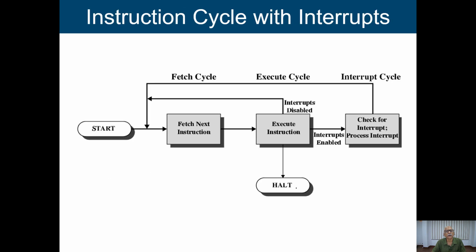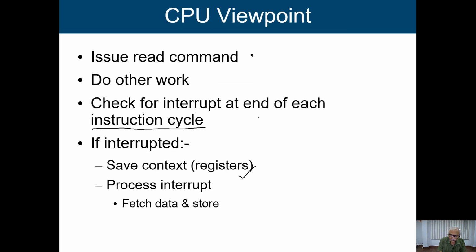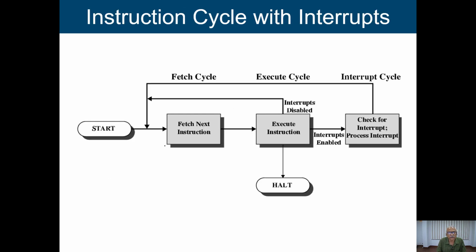All right. Now, this is what happens after the end of each instruction cycle. You just see what an instruction cycle is. Basically, first we fetch it, then we execute it. After execution, it checks whether any interrupts are there or not. If interrupts are there, then it will go to the interrupt cycle. If not, then it will go back and fetch the next instruction. So this is the way you can see how the instruction cycle works along with the interrupt cycle. Alright.